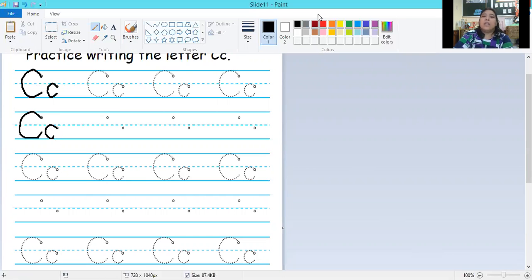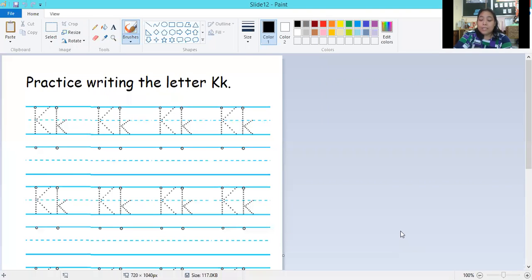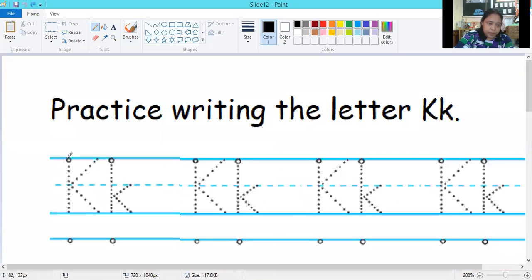Yes. Let's go to the letter K. The last page of your homework will be the letter K. You will be practicing writing the letter K. Standing line. Wait, I'll make it bigger so you will see properly.